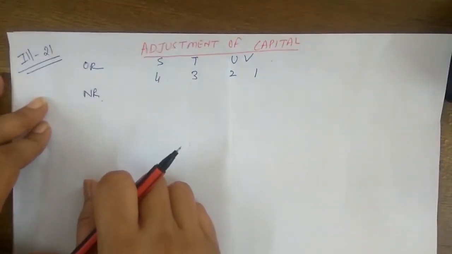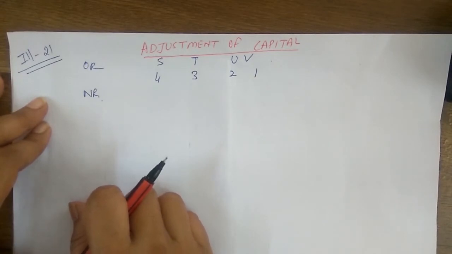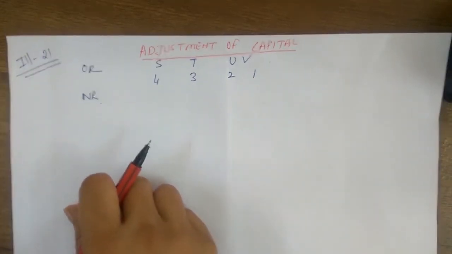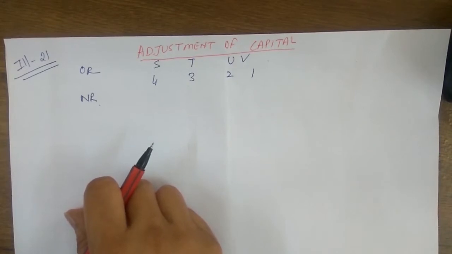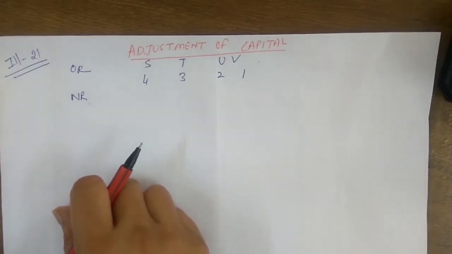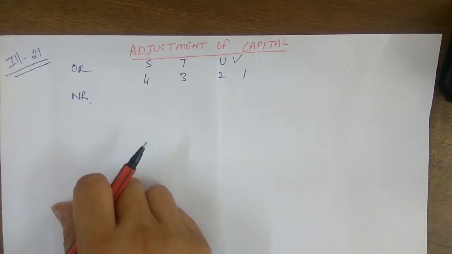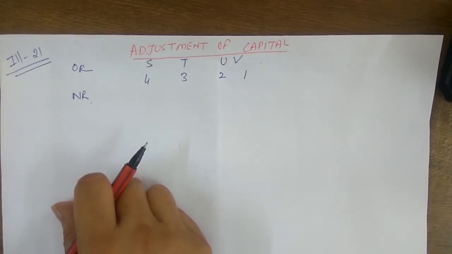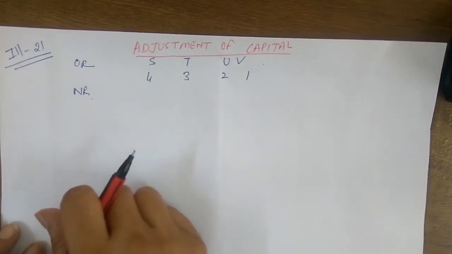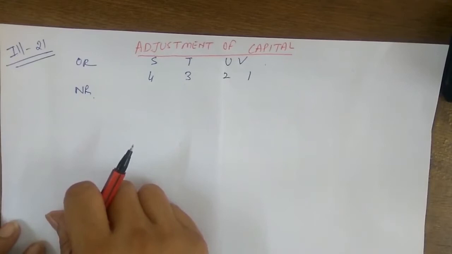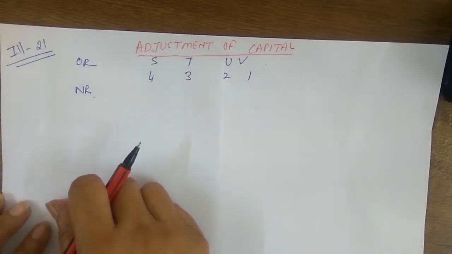It is given on 1st April 2016 the sum of the assets, sum of the liabilities, capital, and the value of creditors is given. Workman compensation reserve is also given. We know what workman compensation reserve is. It is a reserve which is set aside out of profit to meet the claim against workers, right? So that claim must be compensated from the workman compensation reserve. If after meeting the claim something is left over, we know that it should be divided in partners' capital accounts in the old ratio on the credit side of partners' capital account.